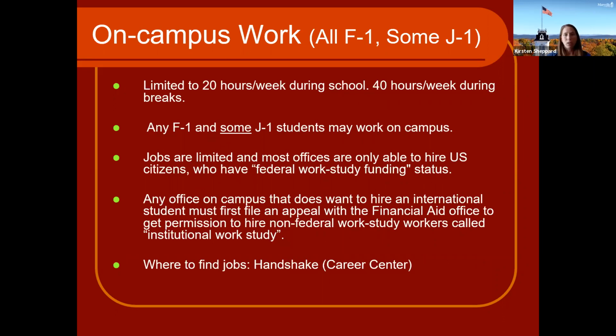In general, on-campus work is the first one that students encounter. All F1 students and some J1 students are able to work on campus. This is limited to 20 hours a week during school and 40 hours a week during breaks. You must have approval from the Center for International Education before you begin any work, and there are several